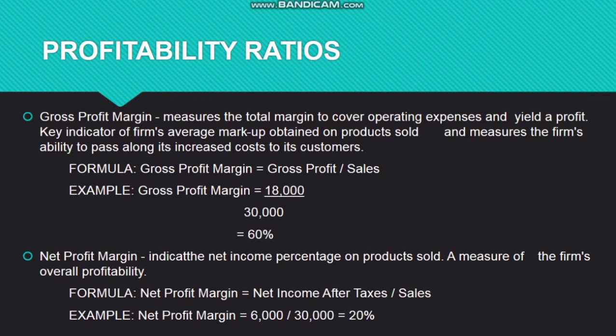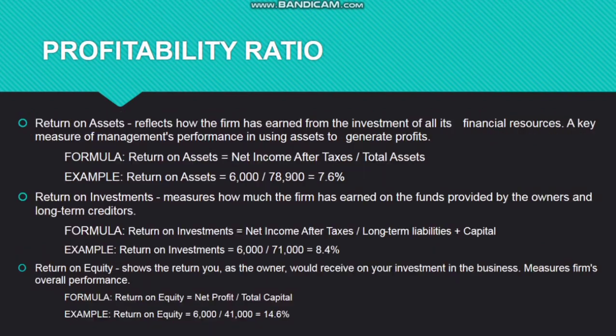Net profit margin indicates net income percentage on products sold, a measure of the firm's overall profitability. The formula of net profit margin is net income after tax divided by sales. So an example of the net profit margin is 6,000 divided by 30,000 is 20%. Next,